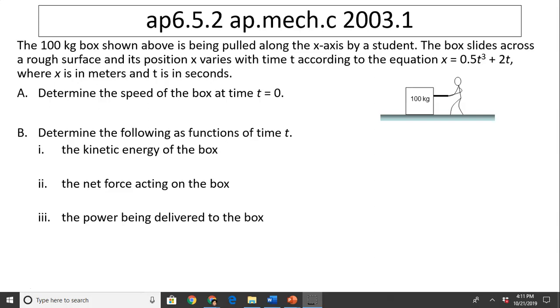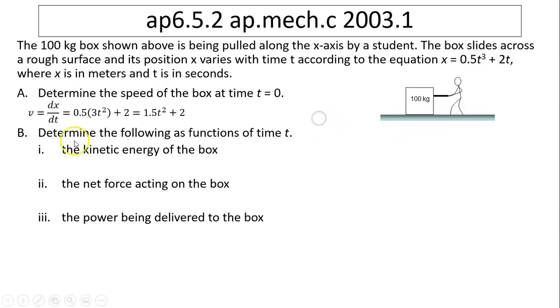Since we know x, the displacement as a function of time, we can figure out the speed because speed is just the derivative of position over time. So in this case, v equals dx over dt. That gives us 0.5 times, remember, you bring 3 forward, then you decrease the power by 1. So 3 times t squared plus 2. This is bring the power 1 and subtract 1. 1 minus 1 is 0, t to the 0 is just 1, so that gives us 1.5 t